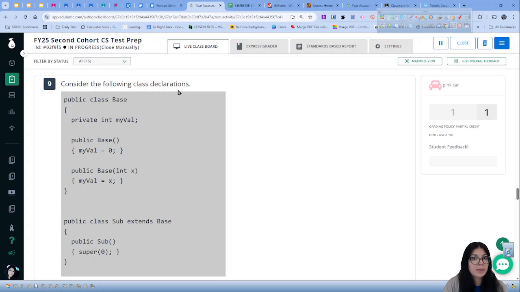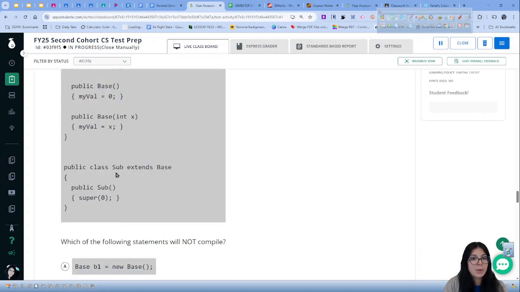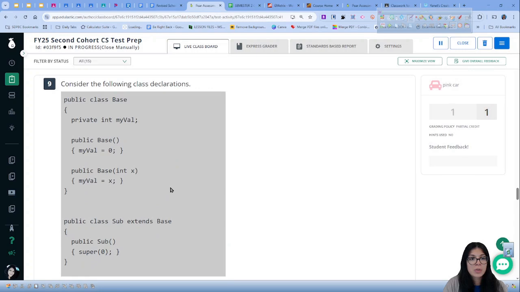Consider the following class declaration. So we have here class base, and then we have here another class, which is sub. Notice that sub extends base, which means that sub is a child and base is a parent. So when